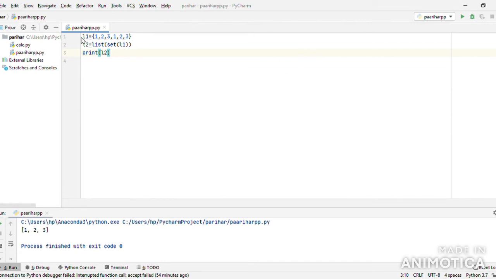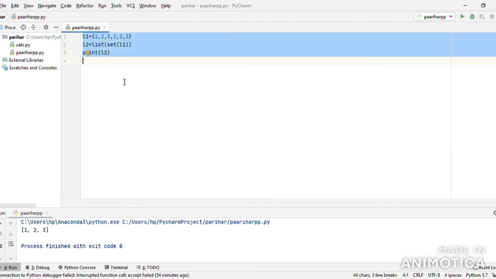Now let's take some more examples. Consider 3 lists: employees, gym members and developers.